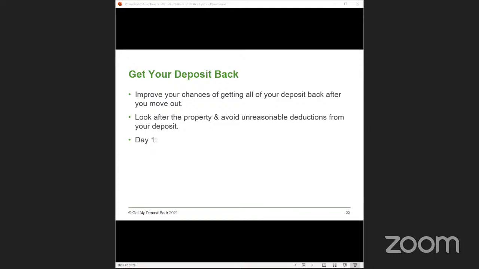So we'll start with day one. You've just got the keys for the property. You're finally moving into your new home. When you move in, you should be given a lot of things, including the following: your keys to the property, obviously, the latest gas safety certificate, and also the latest electrical safety certificate, and the landlord's version of the inventory or check-in report. And that's just a written record of the condition of the property at the start of the